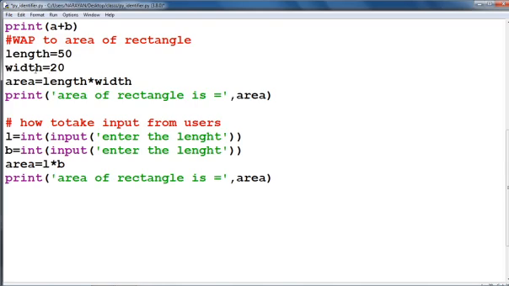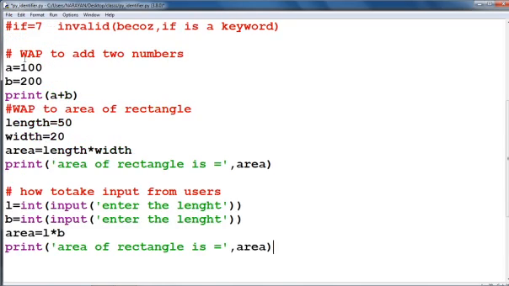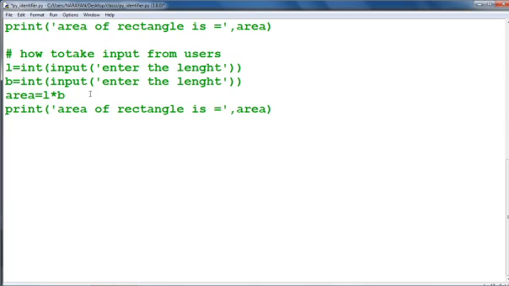Print the area. Now if I am going to comment all the programs, so now see here, this is the way of taking input from the user.